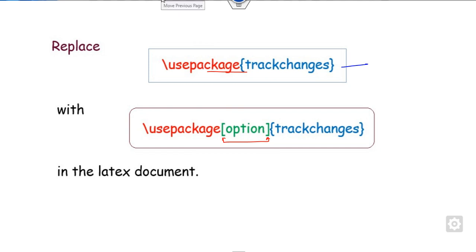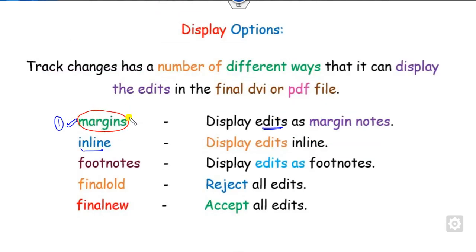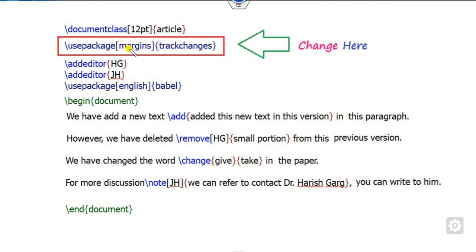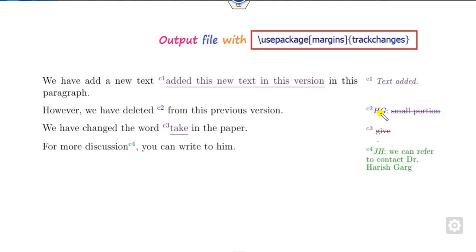So if I want to use the margin first, what is the meaning of that? If I replace this one with margin, whatever text I have written in the previous one stays the same. And if you run this file, you can see instead of being written as the footnote, all the texts are written here.